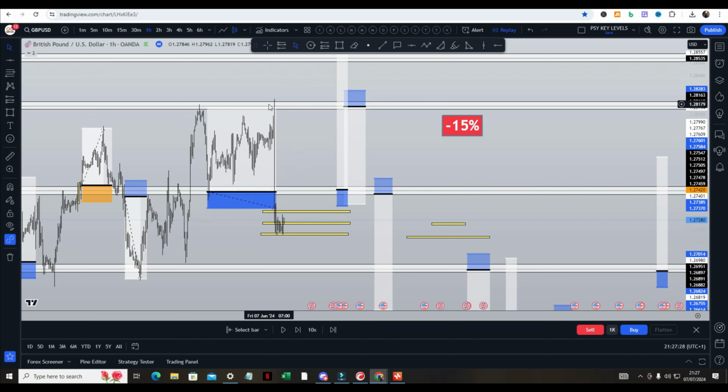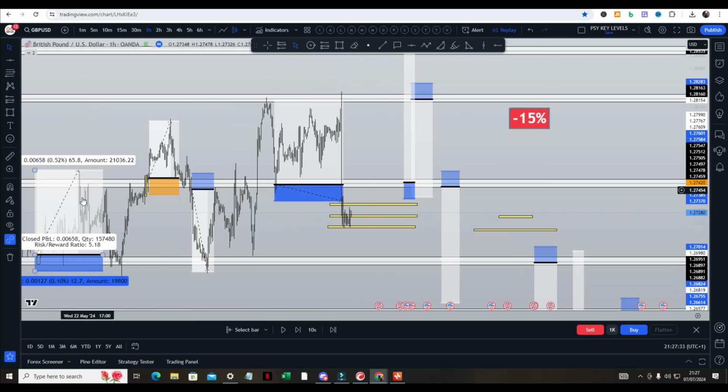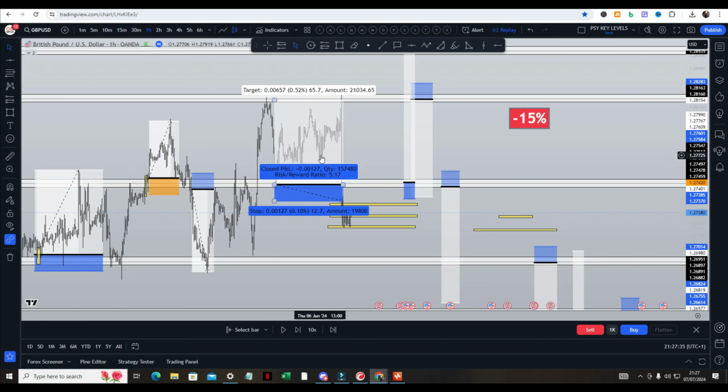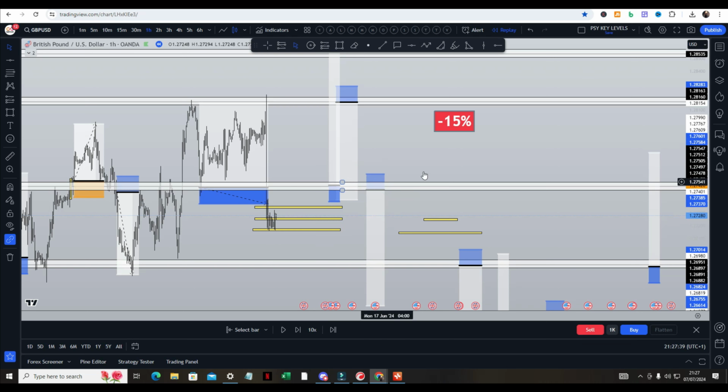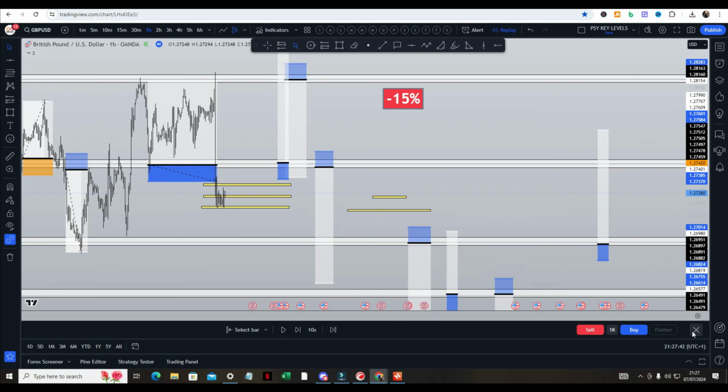So price does come up here, then it tanks down, so don't worry about this stop loss getting hit here. So it was a minus 5, so we're plus minus 1% now. Price keeps going, and then blah blah blah blah. You get the gist of this, right? Okay, let me go here.